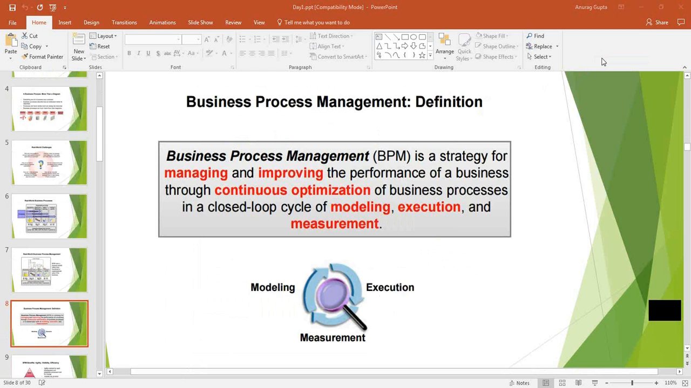We know now that BPM is a strategy for managing and improving performance of the business through continuous optimization. So we need to optimize again and again all through the way when we have a given business process. So it's not manual optimization which is needed, like you sit down after the implementation of the process and start optimizing it. No,